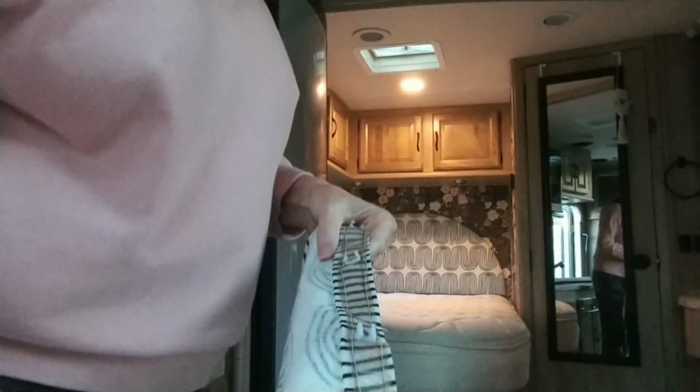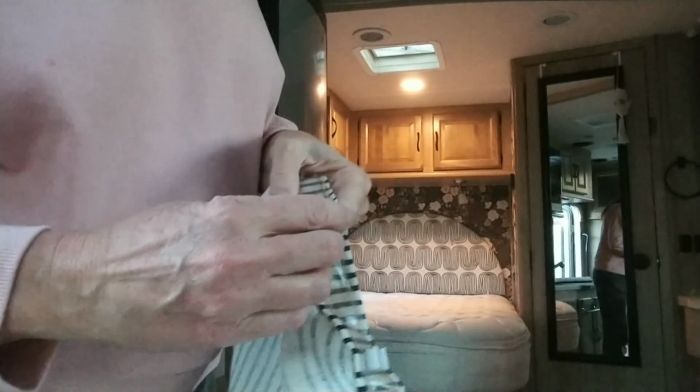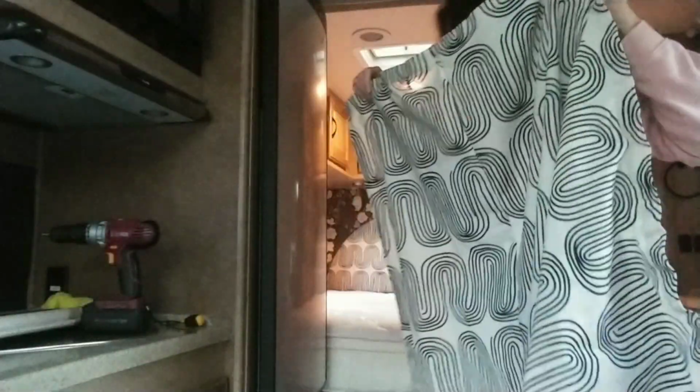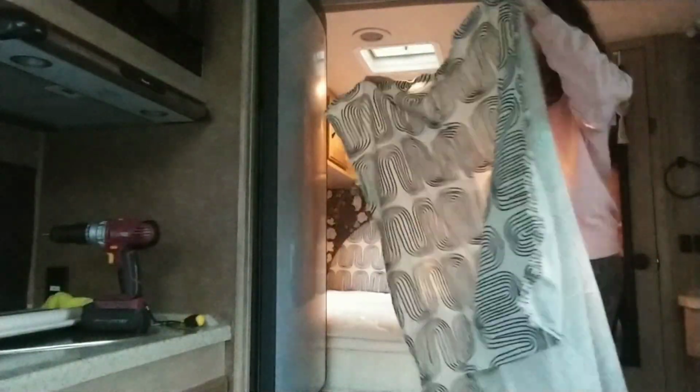These little plastic clips on it, and so I just took that off. I don't know if you can see that. I took that off of the old piece and just sewed it on this one, which again is that thrifted curtain. So now